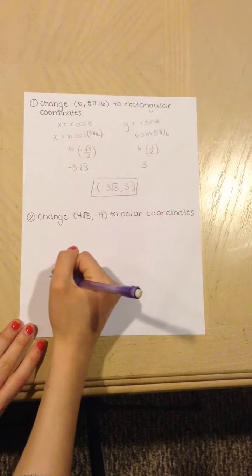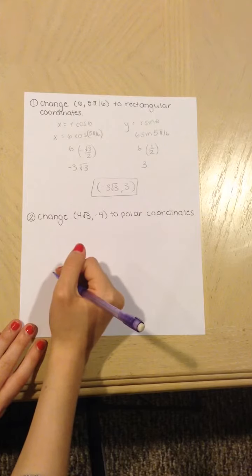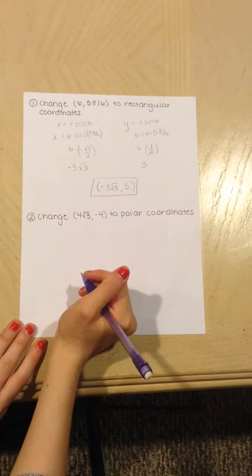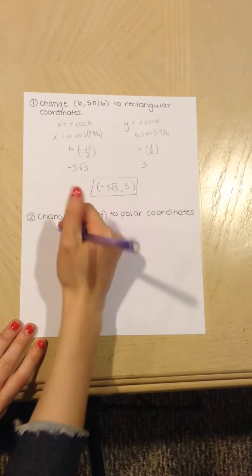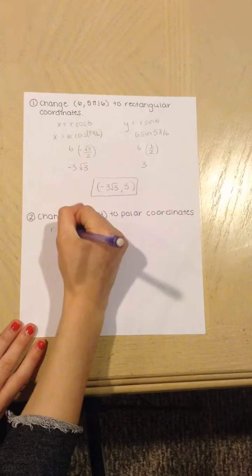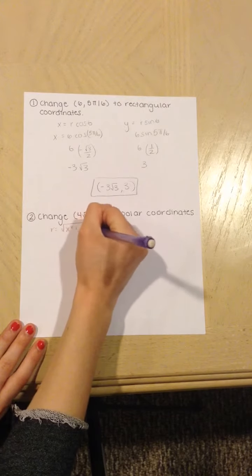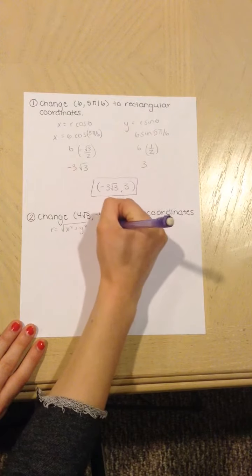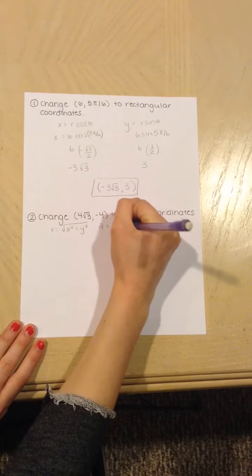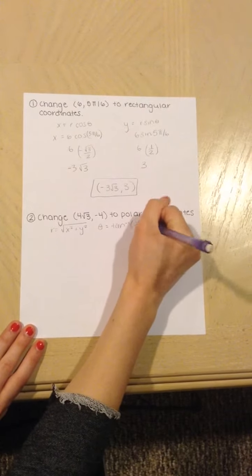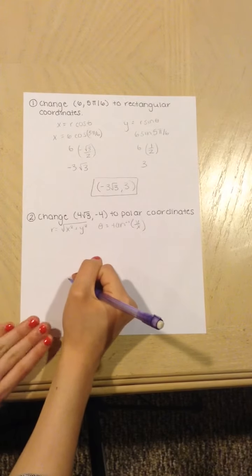For this next one, to change 4 rad 3, comma negative 4 into polar coordinates, what you're going to have to know is that r equals the square root of x squared plus y squared, and theta equals tan to negative 1 y over x. So now first to find the r